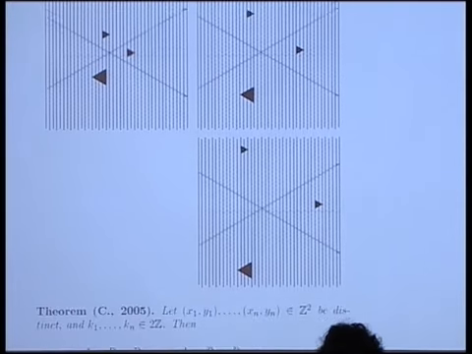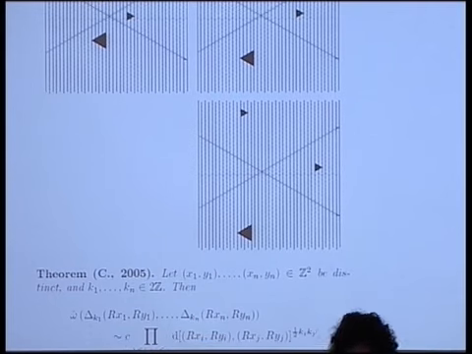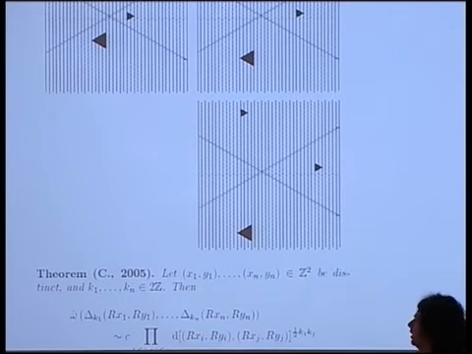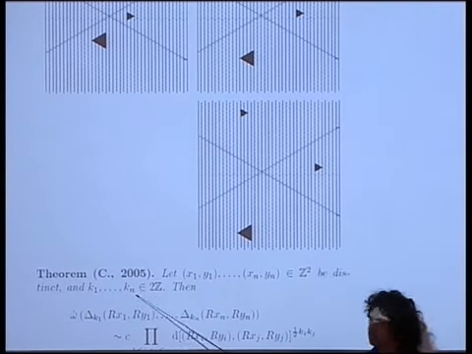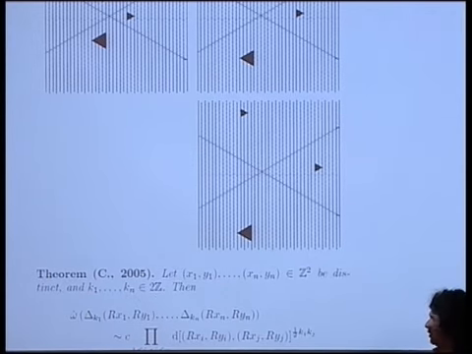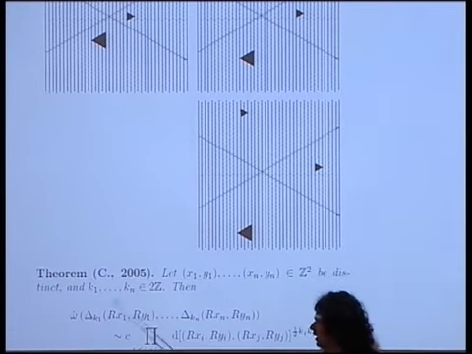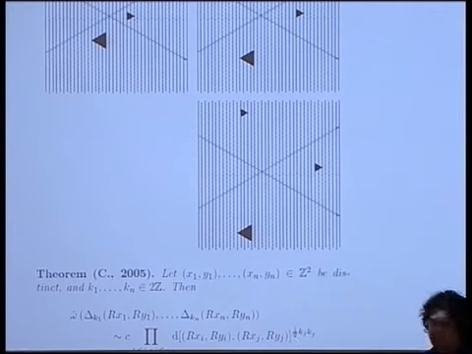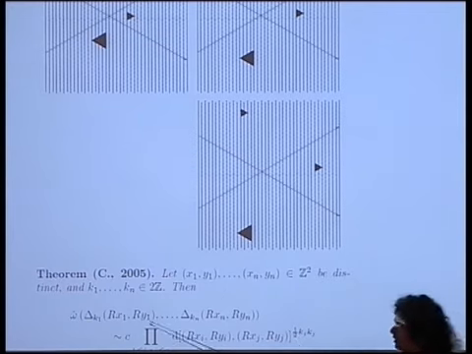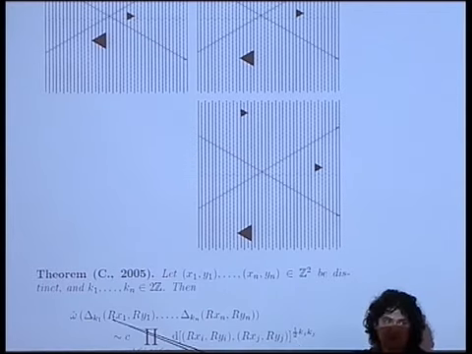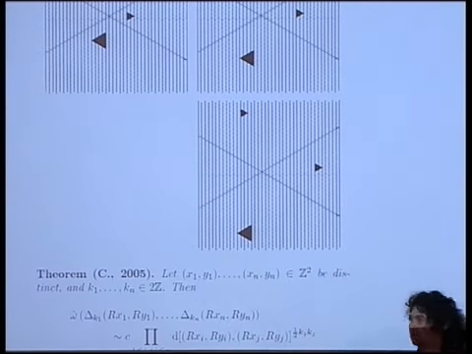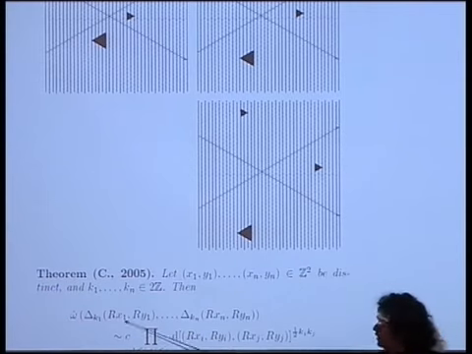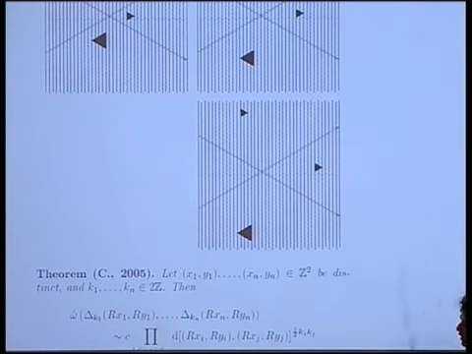And this is the result that one gets. If the holes have arbitrary even sides, k1 through kn, remember k can be positive or negative. Positive means point to the right, negative means point to the left. Then you get this. So this long notation is just the correlation function, and r is the large parameter. R is time in this movie. So r is equal to 1 here, r is equal to 2, r is equal to 3. So as r goes to infinity, which is to say as this movie progresses along,